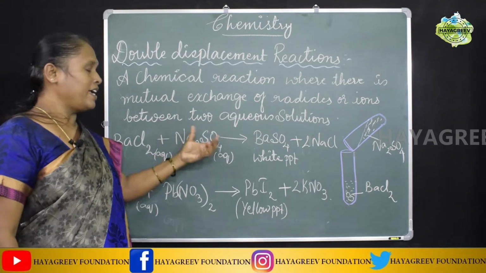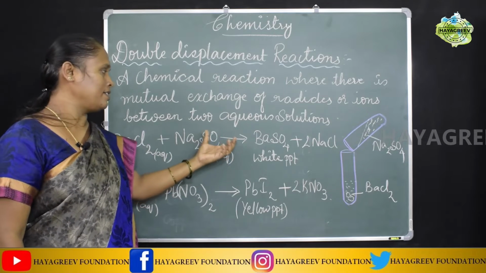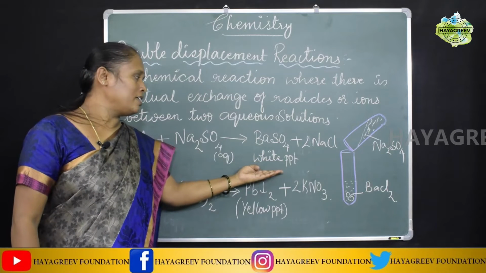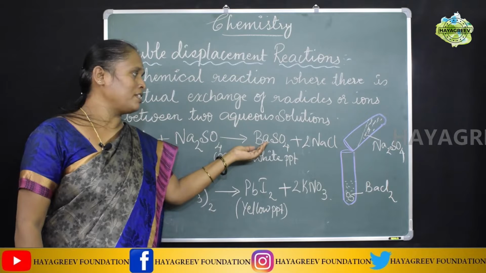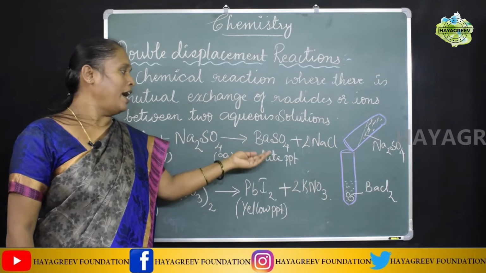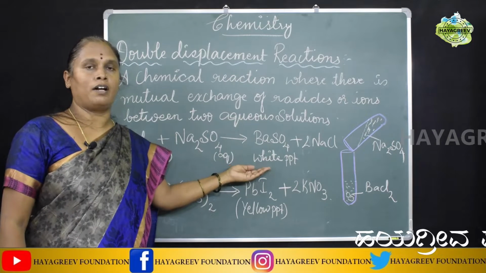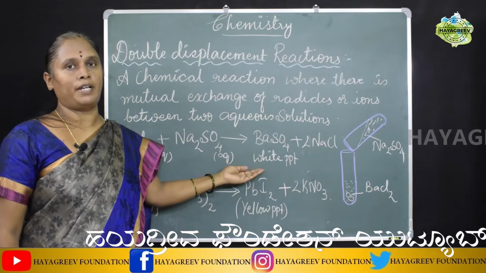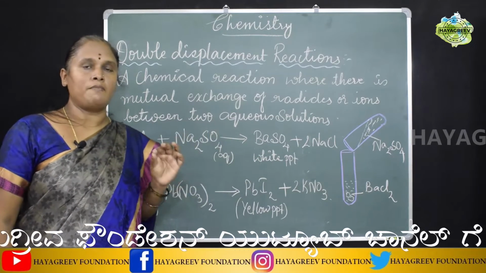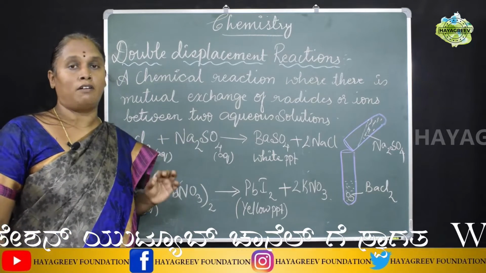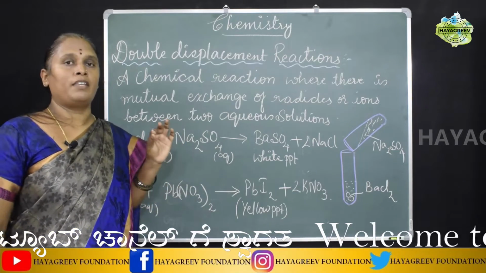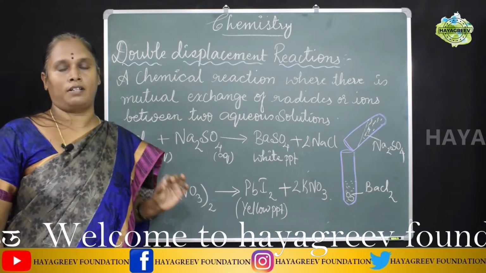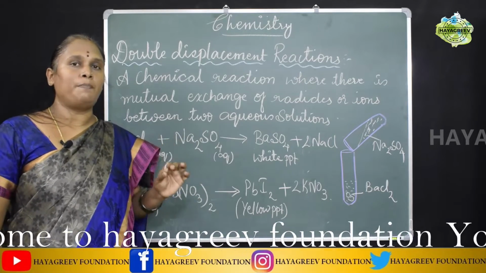So here there is exchange of ions and the radicals, resulting in formation of this white precipitate. This white precipitate is just because of this barium sulfate which is formed, and such reactions are also called precipitation reactions. So having a definition for precipitation reactions: in any chemical reaction, if any insoluble substance is formed which remains suspended in the solution, then you call those reactions precipitation reactions.